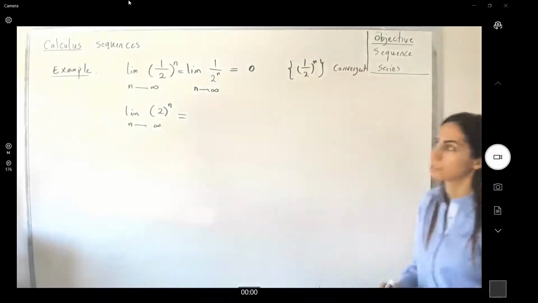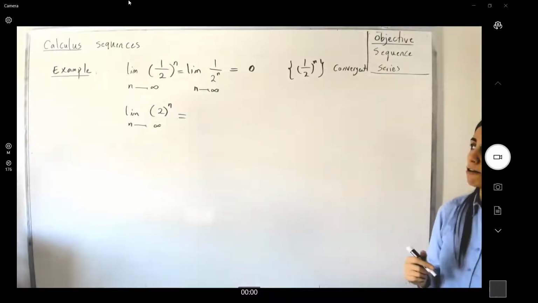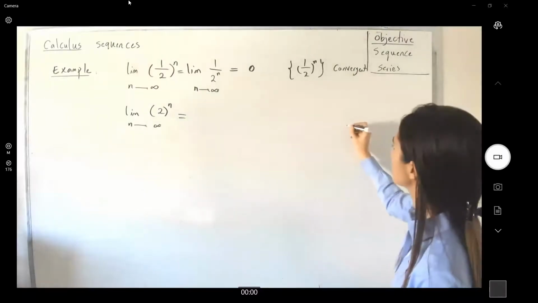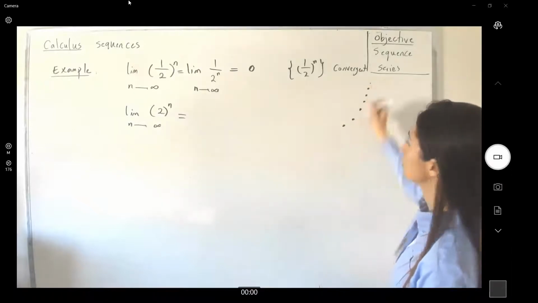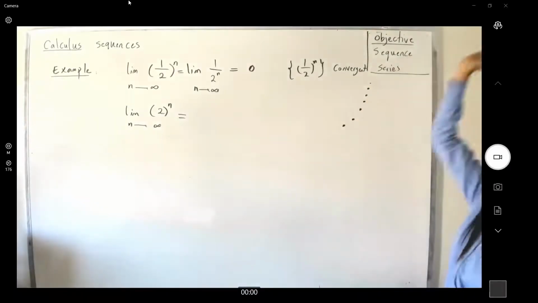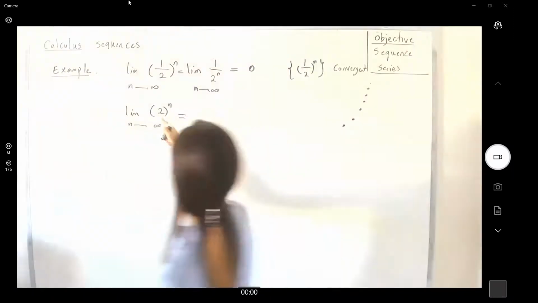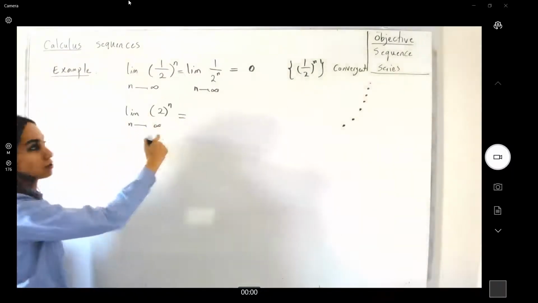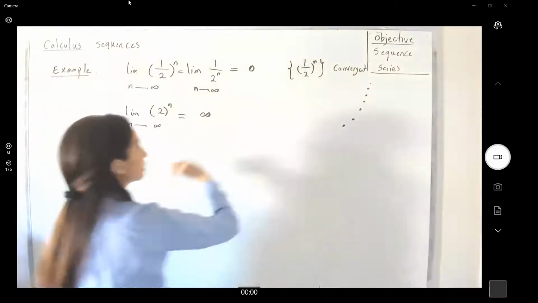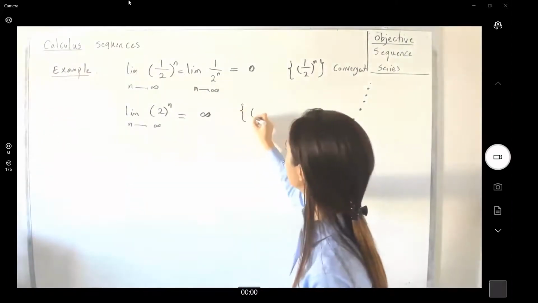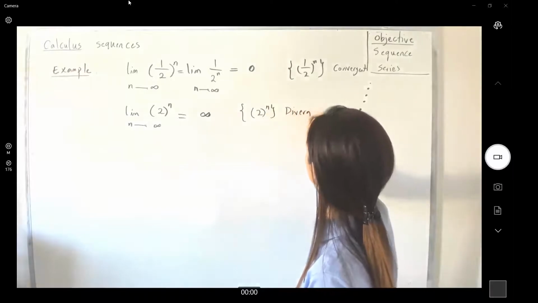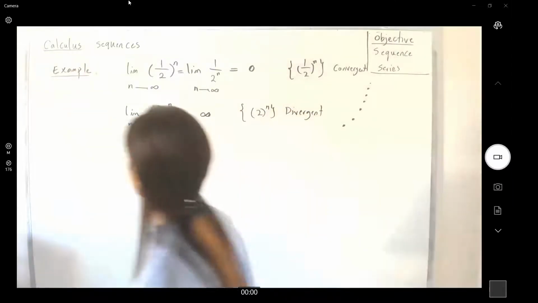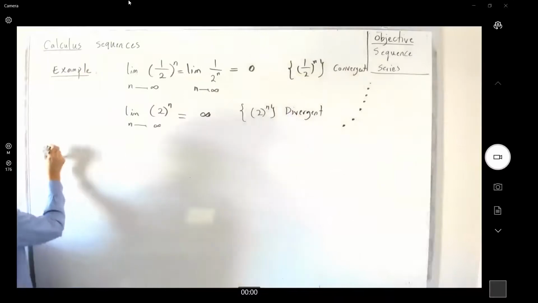And what about the limit here? You have an exponential function here, which is continuous. It means that if you graph it, the graph is like this, 2 to the n. It goes to infinity. So the limit of 2 to the n while n goes to infinity is infinity. It means that this sequence is divergent. So the conclusion is that,